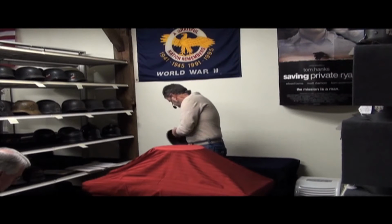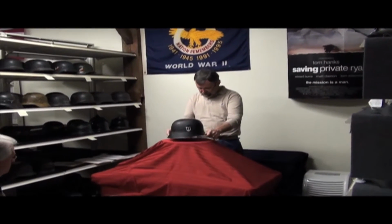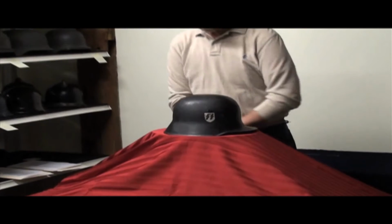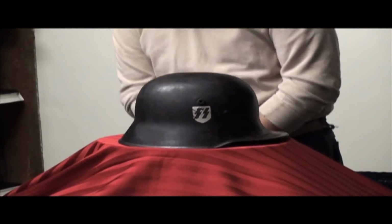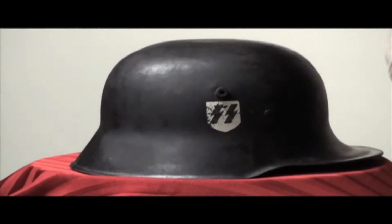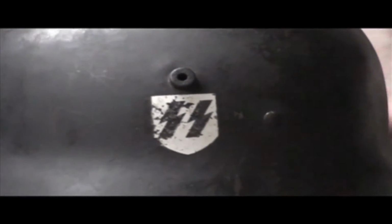Now, here is a very interesting helmet. And by now, if I asked you where your level would be as far as helmets, I'm sure it's bumped up a number or two, and you would clearly be able to tell me that this is a coal bucket style helmet, it is a World War I helmet, and it does have the components of a Model 18